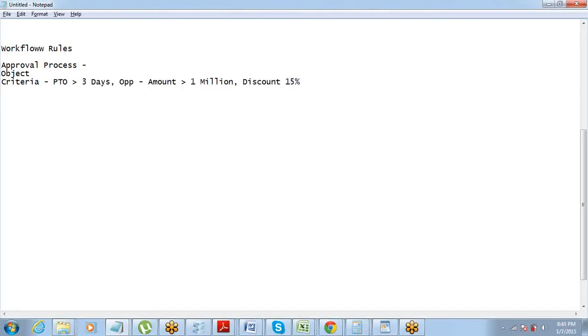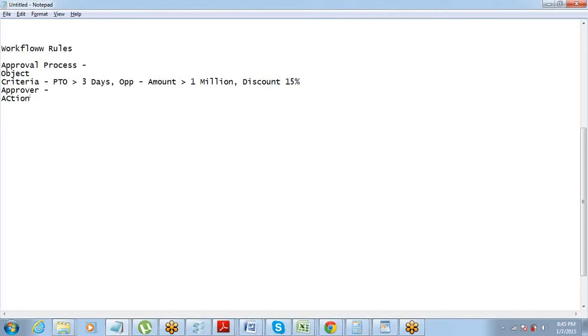Okay, that is there. The other thing that you have to define for an approval process is what actions will happen. So what all we need to define for approval process. One, we'll have to select which object we are talking about. Second, what criteria we want to define for records which need approval.